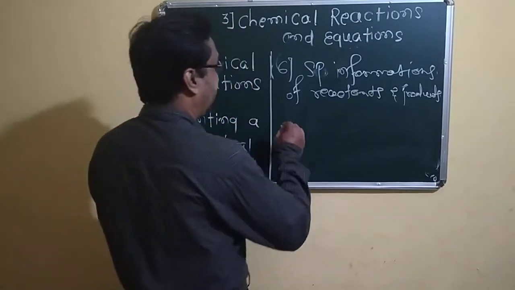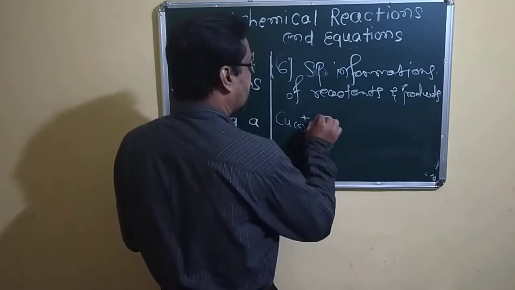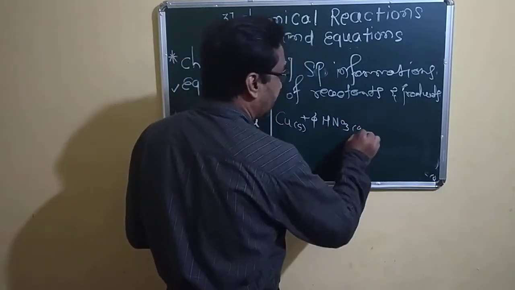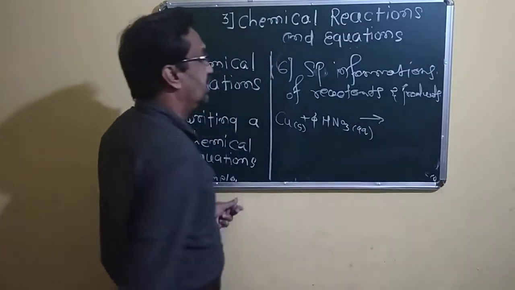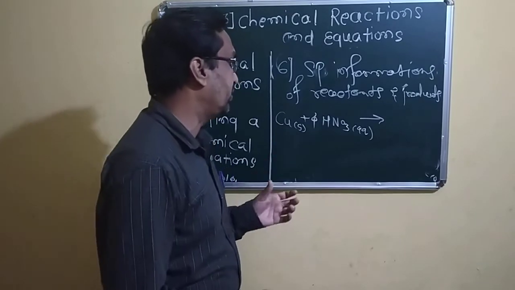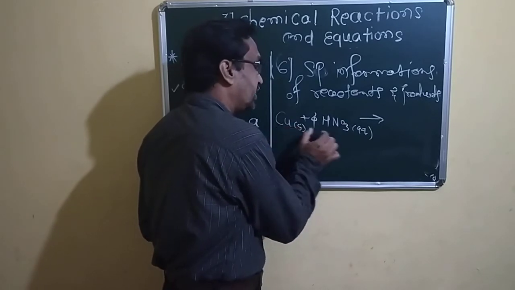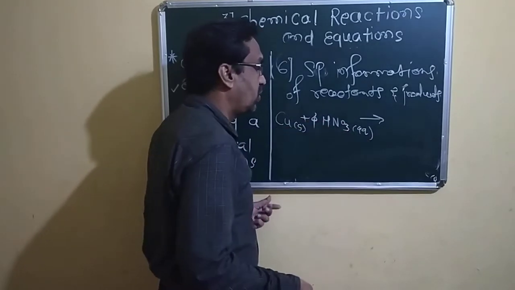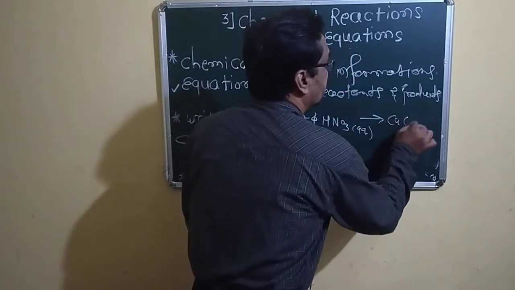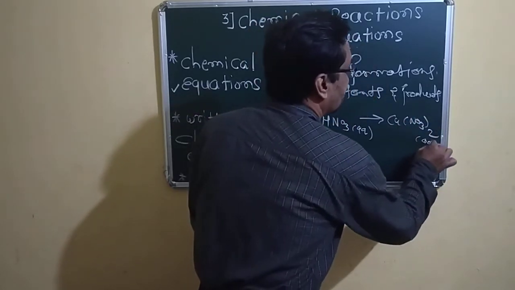I have written an example: copper, in solid state, reacts with nitric acid, that is 4HNO3, in aqueous solution. This is the specific information of the reactants. Here is nitric acid and here is copper. Copper in solid state, nitric acid in aqueous solution, that is 4 molecules of HNO3, and it forms copper nitrate, Cu(NO3)2, in aqueous solution,